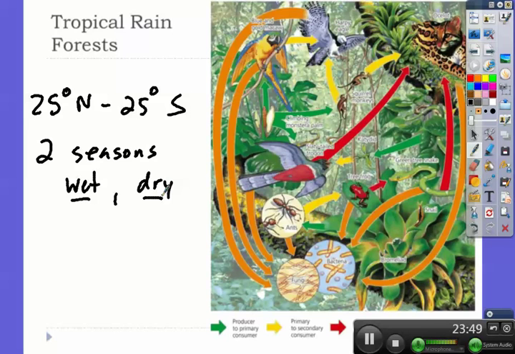Lots of notable species: parrots, a wide variety of other brightly colored birds, large snakes, monkeys, lemurs, orchids, fig trees. Your locations: Central America and South America along the Amazon, primarily in Brazil; in Africa, along the Atlantic West African coast, from Liberia all the way around to Congo and into Central Africa, the island of Madagascar. You have in Asia, you've got Indonesia and Malaysia, you've got the west coast of India, Papua New Guinea, parts of Australia as well.